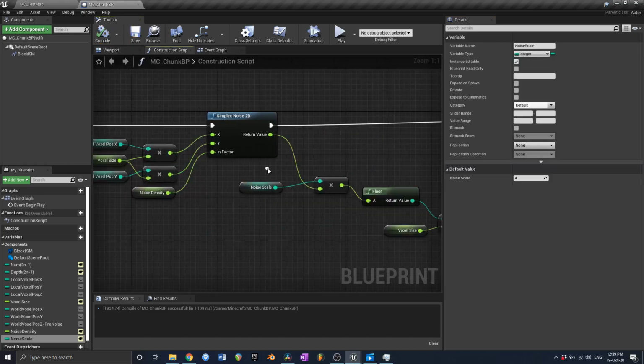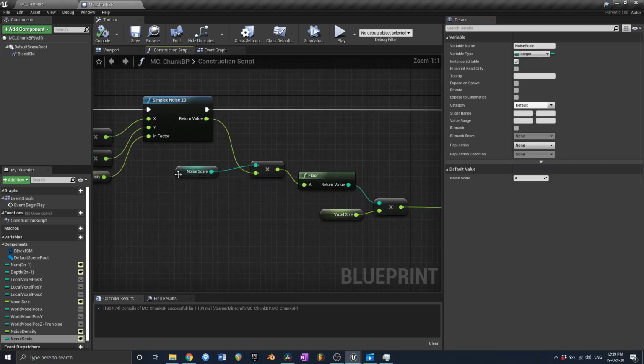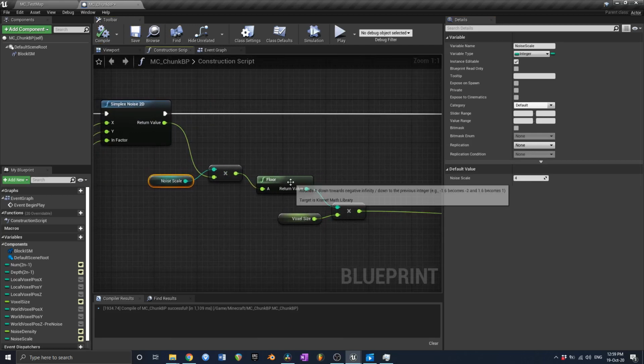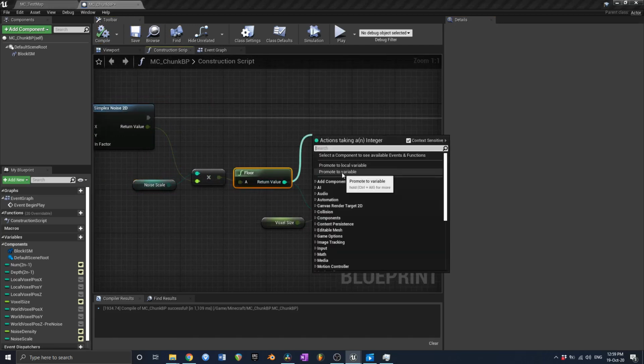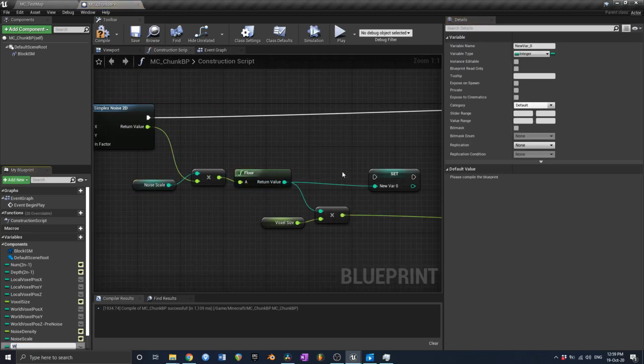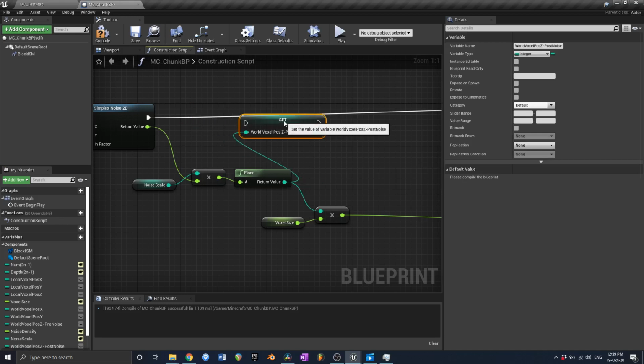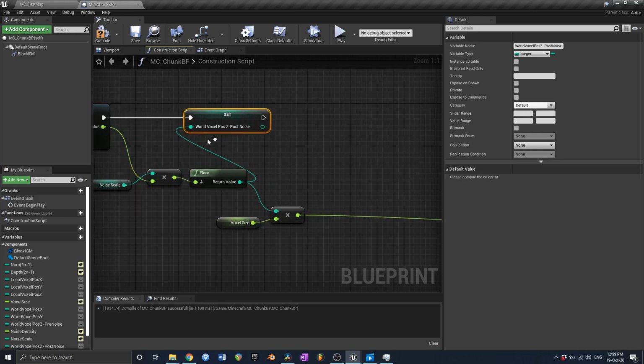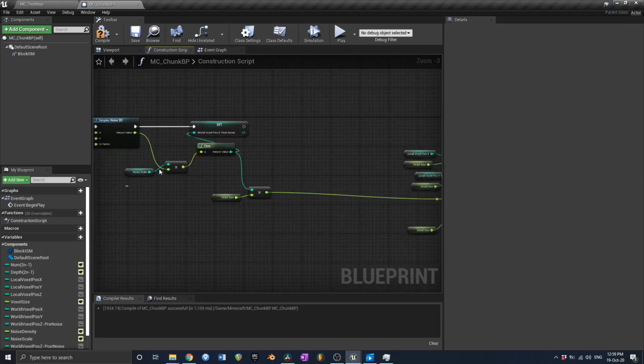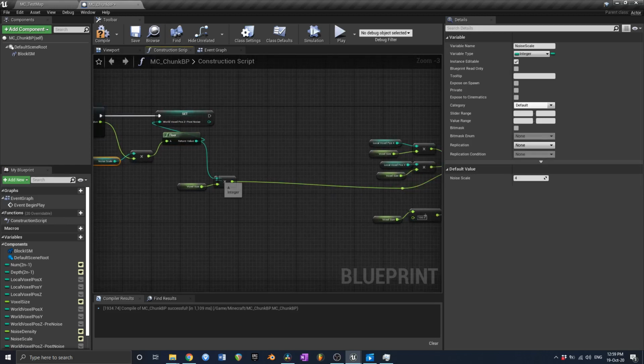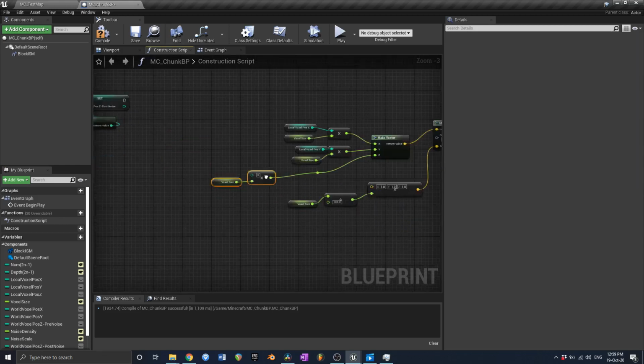Okay, so this is working, so let's just tidy this up just a little bit. So this here is outputting something that we're going to promote to a new variable and call this world voxel pos z post noise. This is the coordinates of the voxel after the noise has been applied. So we can leave that like that, and now this thing over here,